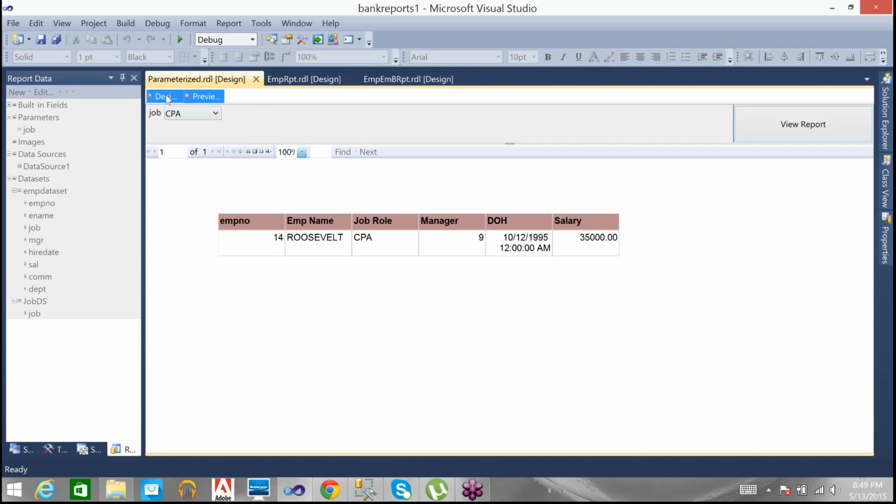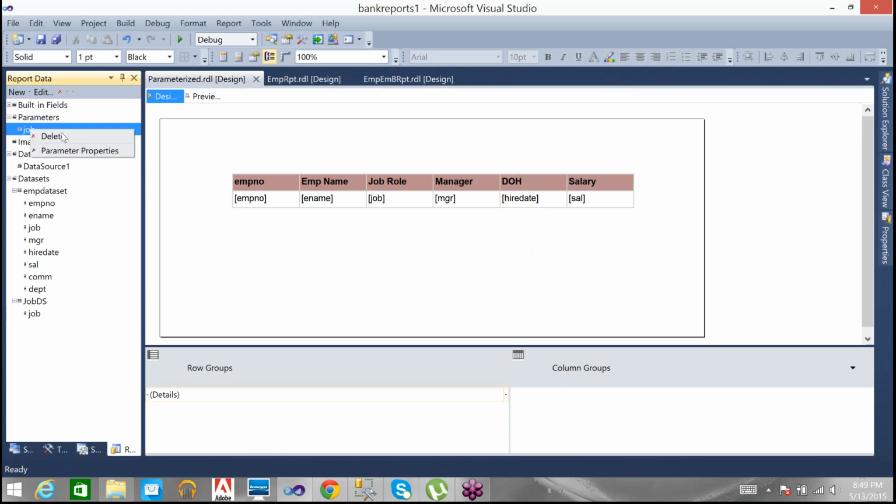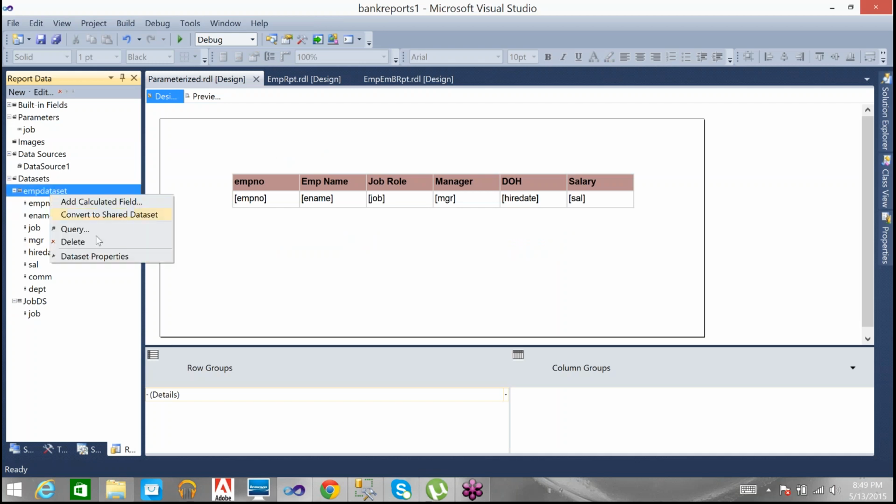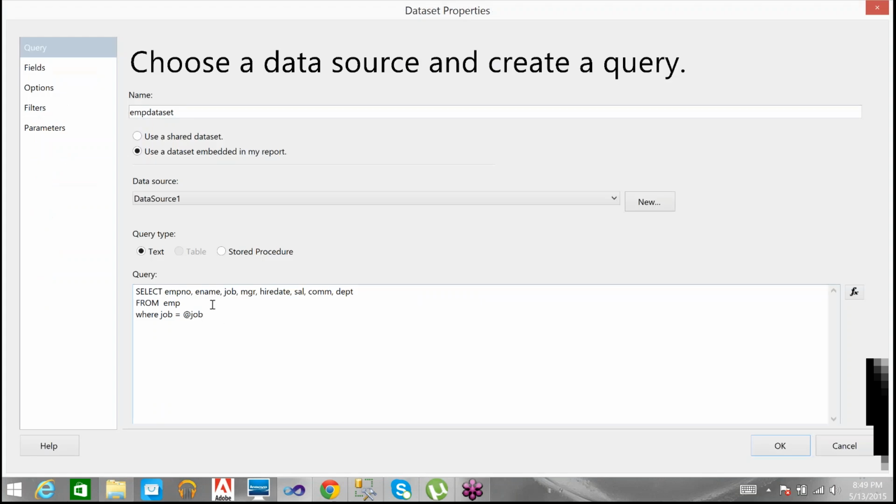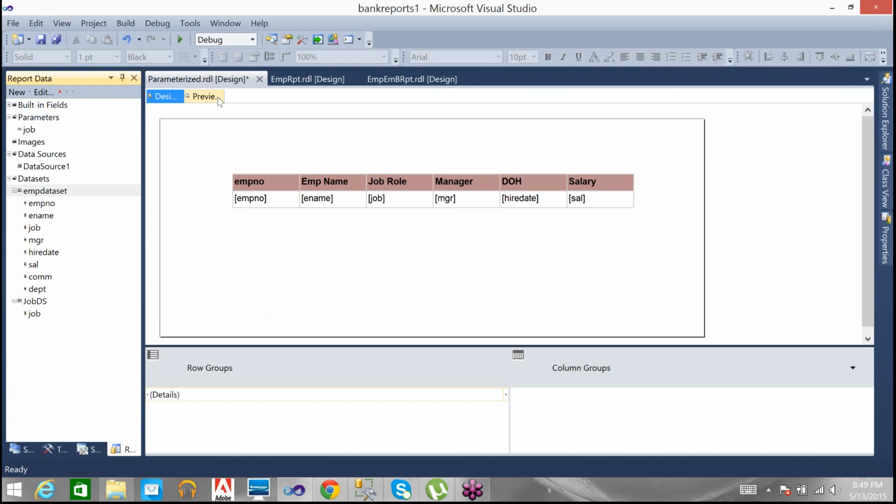Then, like what we did here, go back to the query, the main data set. Either you can go to the data set properties and go to the query, or directly go to the query. In that, instead of equal to, we can simply write in. But in, we should come with the braces. Instead of equal to, which will equate with only a single value, in will select the required values from multiple values. Then let us see what will happen.